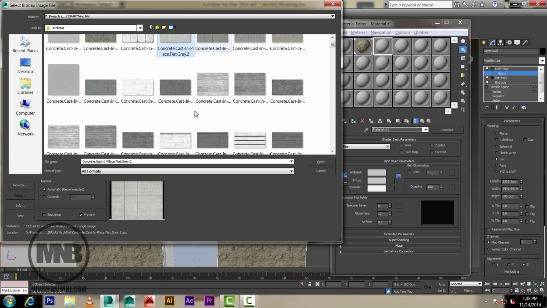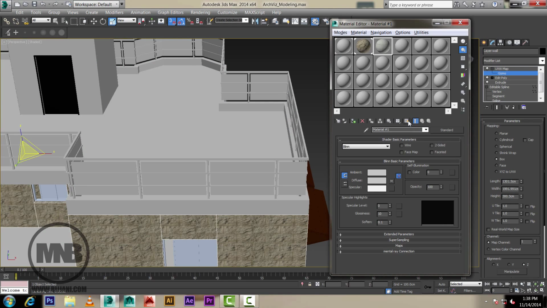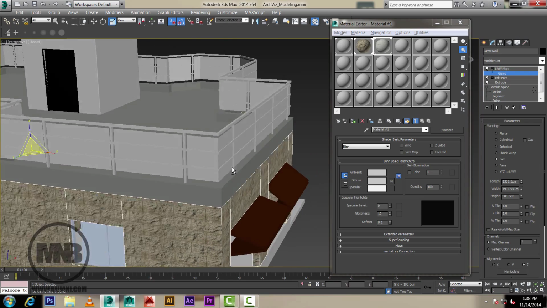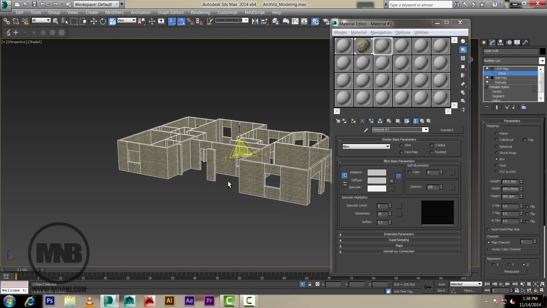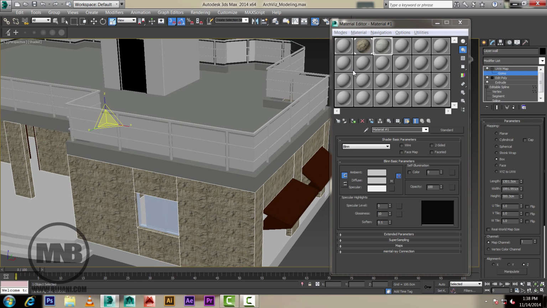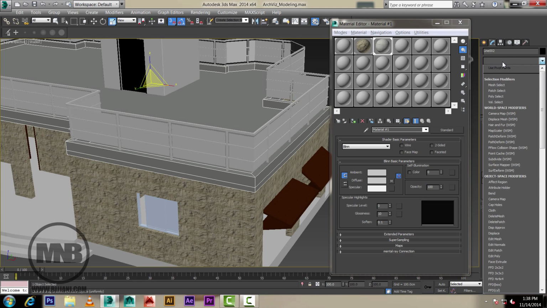Actually, I'm not sure which one it should be. Okay, let's say this one would be okay. And I'm going to give this material to the floor. You see, the floor is one piece. Okay, so this is all one piece, which is the ceiling. So now I'm just going to go and check this, and I'm going to make sure I UVW map it,